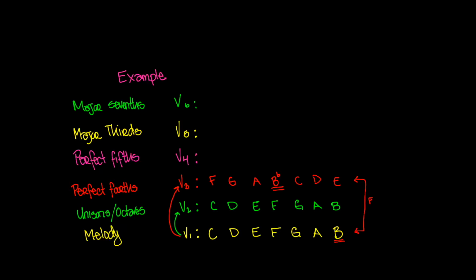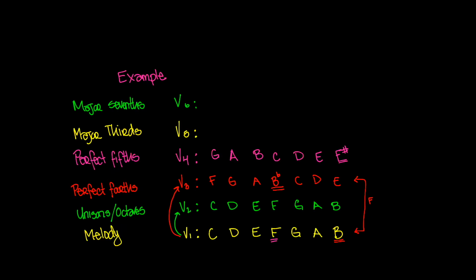Now, what if we did perfect fifths? All right, so same idea here. We're going to have G, because G is 1, 2, 3, 4, 5. It's the fifth degree of our melody in the C major scale. And using perfect fifths, we'd have a G, then we would have A, then B, C, D, E, and F sharp. And once again, you kind of get the idea that, well, hold on, F sharp didn't belong here, so to speak,